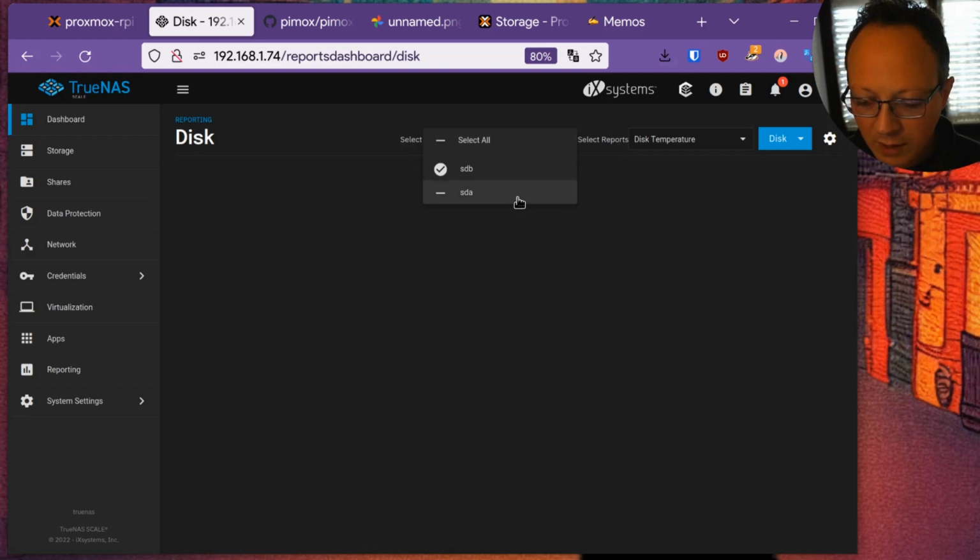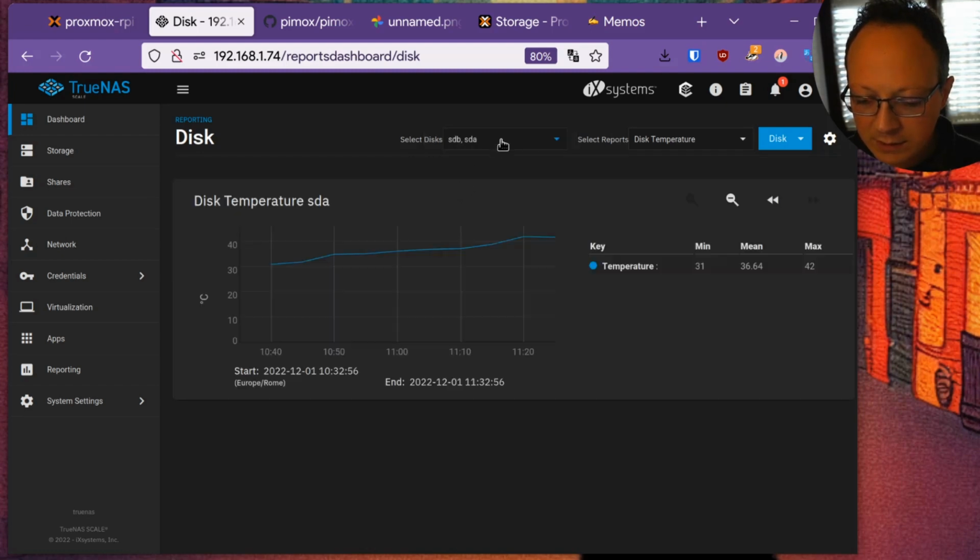Okay, these are the two hard disks temperature, and you can also change the hard disk here if it implements the feature. And also from here you can switch to another target like memory.